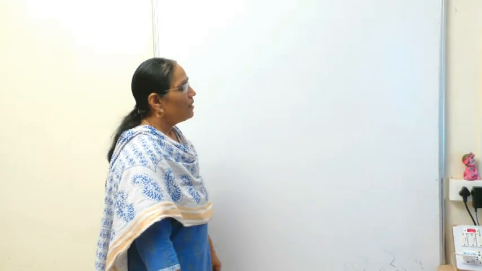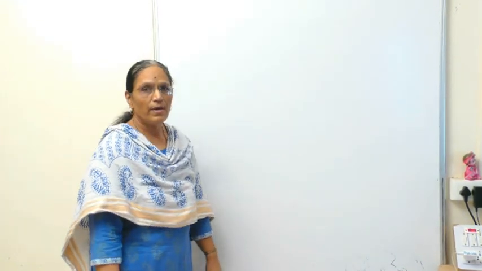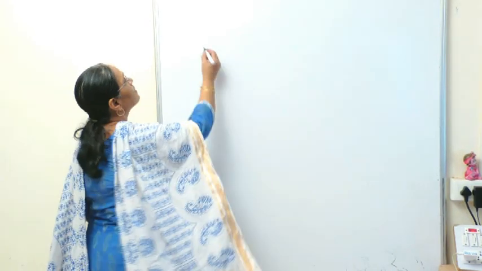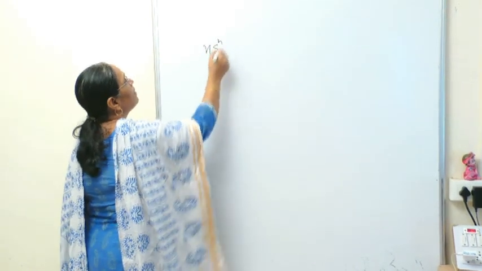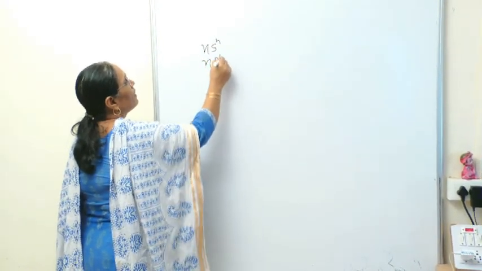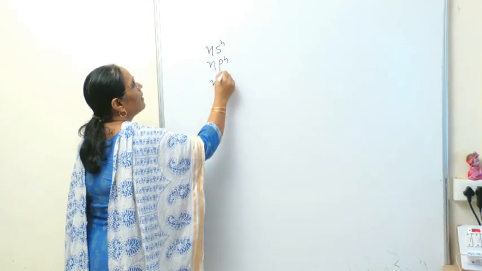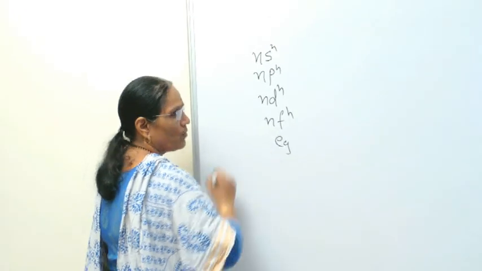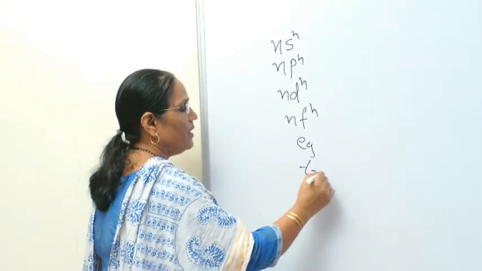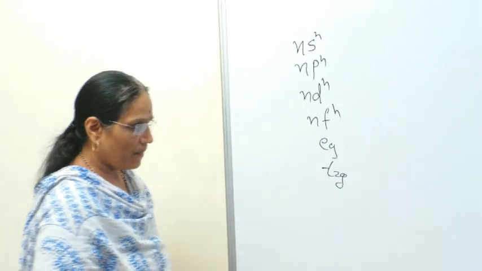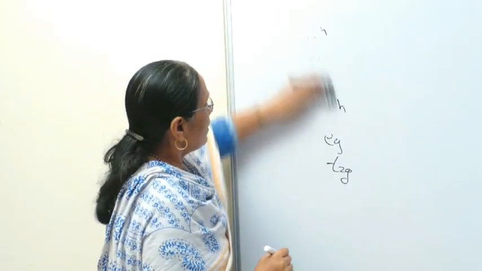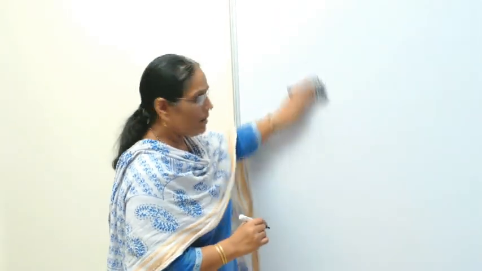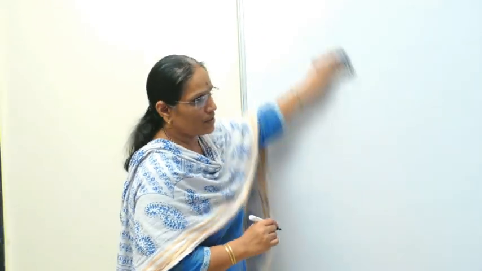Okay, in the first lecture we have determined the total number of microstates for different configurations such as nS, nP, nD, nF, nEg type of configuration and nT2g type of configuration. Sometimes we also have to obtain the total number of microstates for